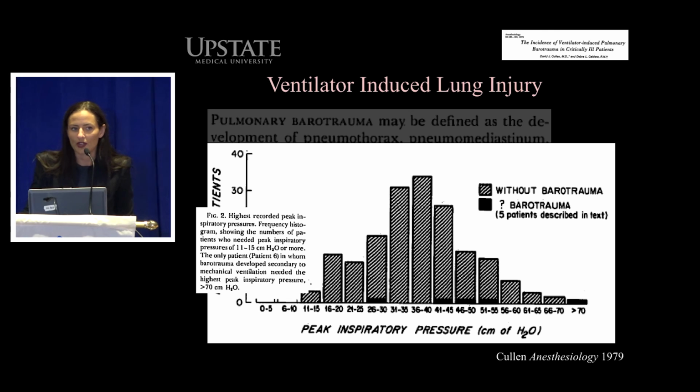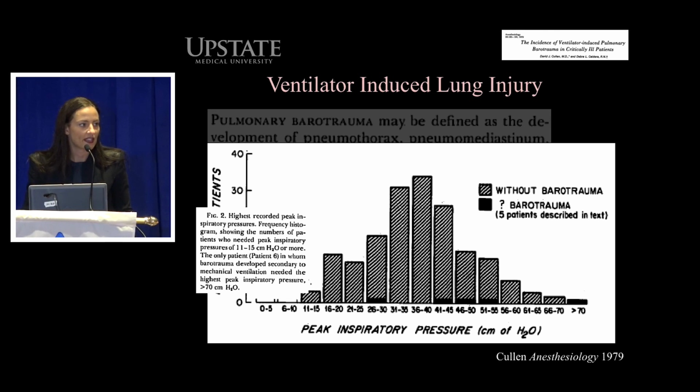But the most interesting part of this study was what we defined pulmonary barotrauma as. We said that it had to be pneumothorax, pneumomediastinum. But what we recognize today, now 40 years later, is that pulmonary barotrauma happens in every patient, in almost every mechanical ventilator, in almost every breath, if we're not setting our mechanical ventilation appropriately. So we have subclinical barotrauma on a daily basis. We have subclinical ventilator-induced lung injury. And it's so important for us to recognize the settings that we're applying onto our patients so that we recognize